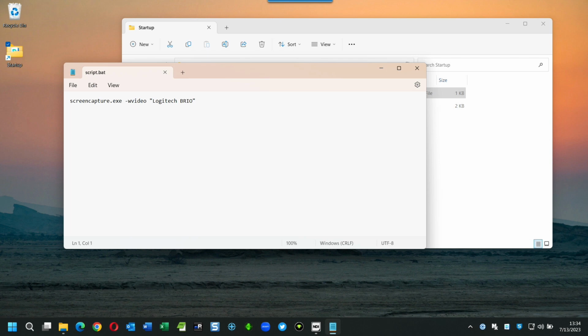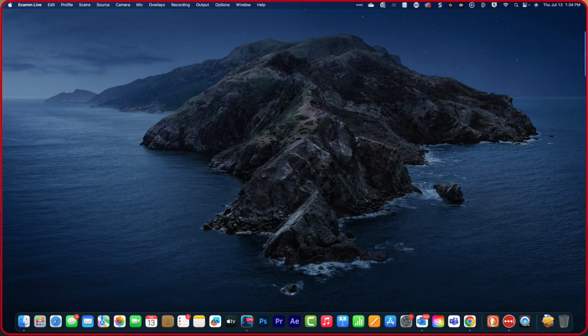Now, what is next? The other thing I like, if that is enough of sharing sources, I can now share my primary Mac Mini desktop. And this is primarily running my Ecamm Live software. I bought the Pro version. I think it was well worth the price, and I went ahead and bought it. So this is a scene, and this is on my,